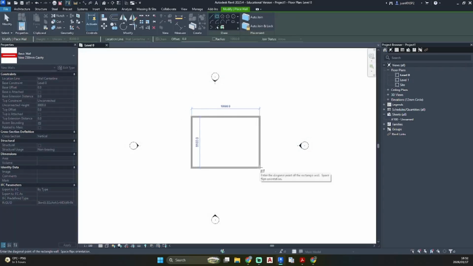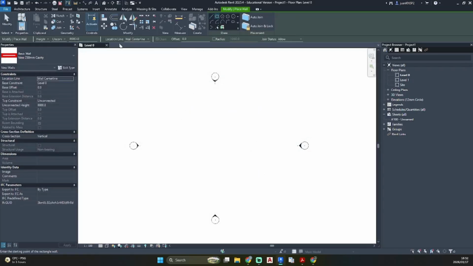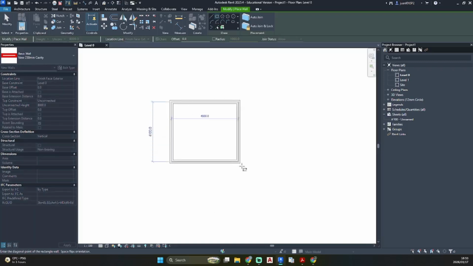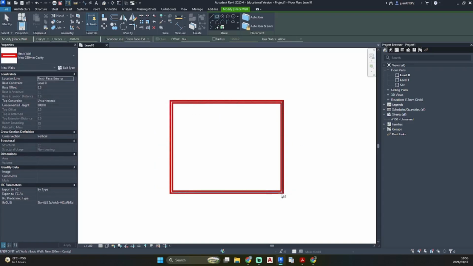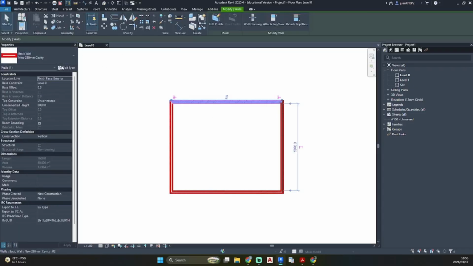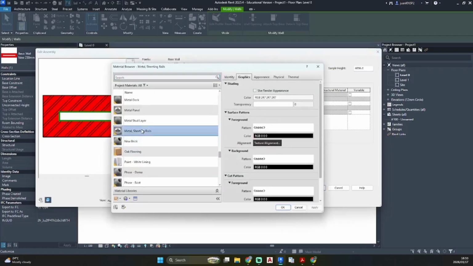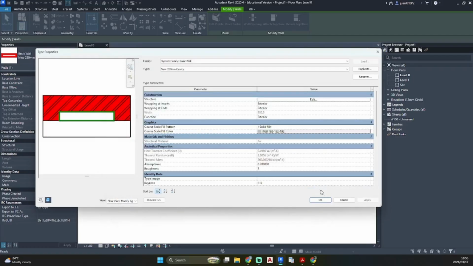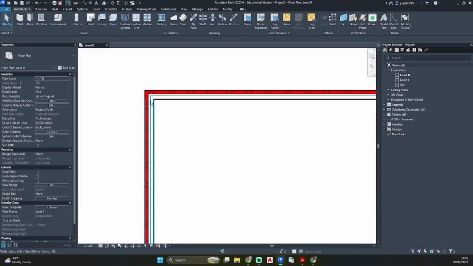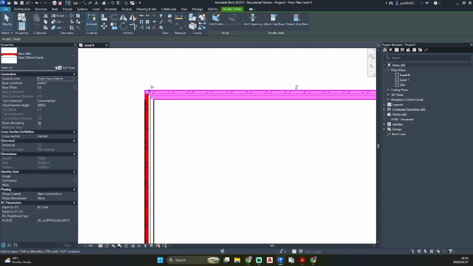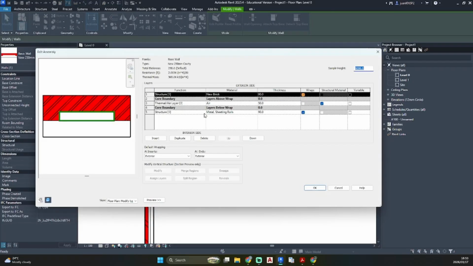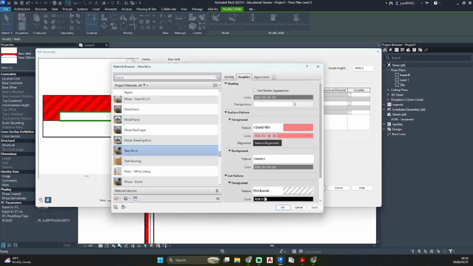I'm just going to draw. Let's ensure that we're drawing it the correct way. Line location, finish exterior, because we want our panels to sit on the external side. I'm just going to change the material again to ensure that I have done it correctly. Internal side, let's just make that blank. Okay, that is what we are looking for. So edit and change our material back.